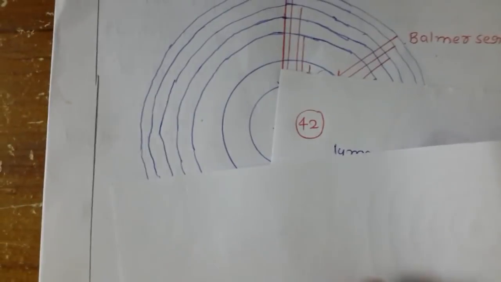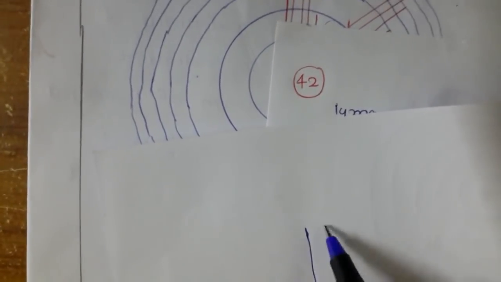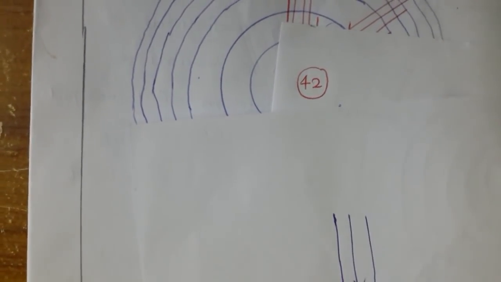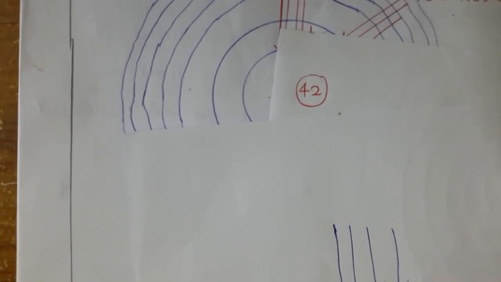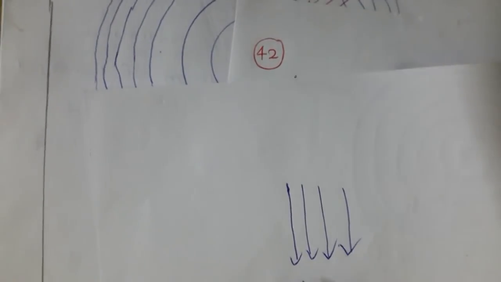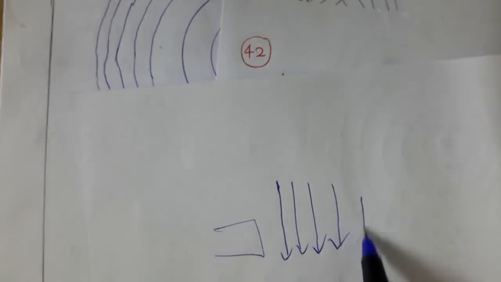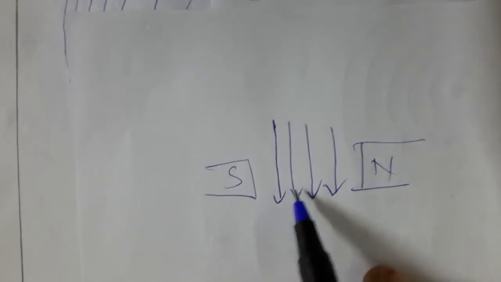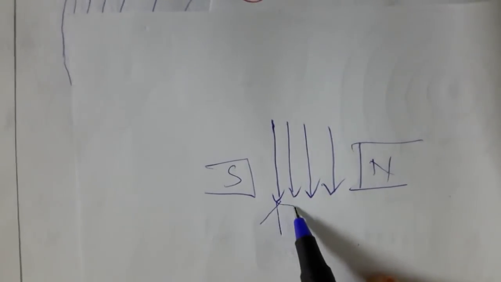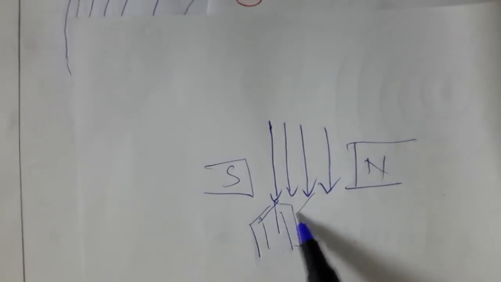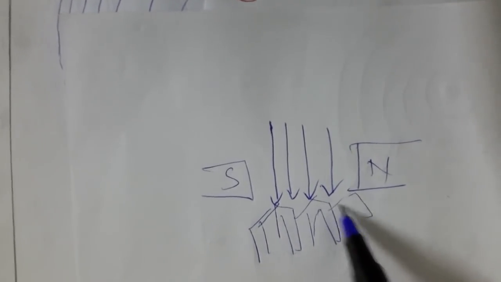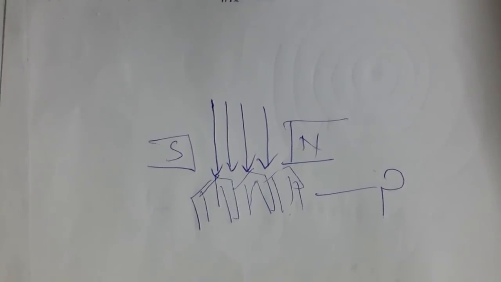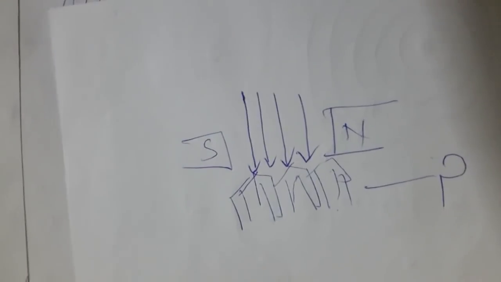So what happens when you apply a magnetic field? Now you are able to see these lines split. For example, you have a magnet with a south pole and north pole, placed wherever you like. Then this line undergoes splitting again. Why does this happen? Bohr's theory did not give an explanation.